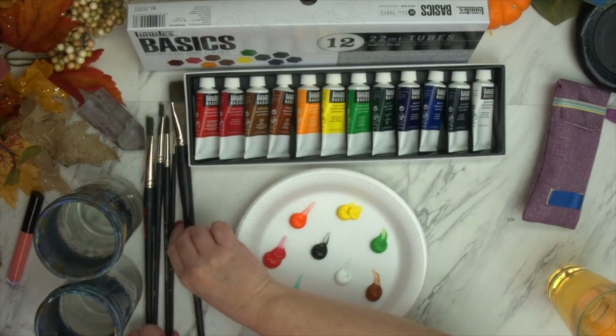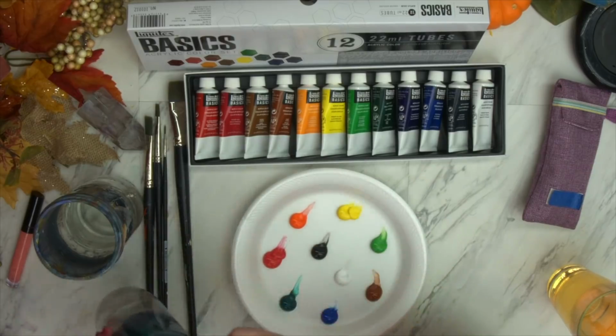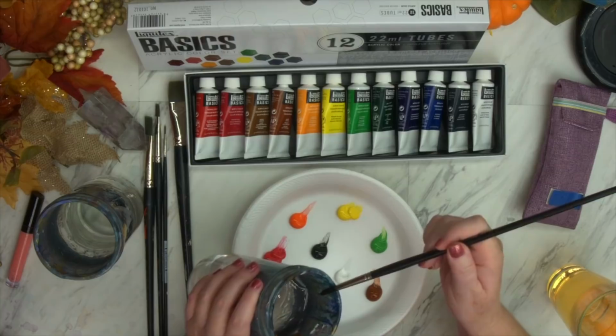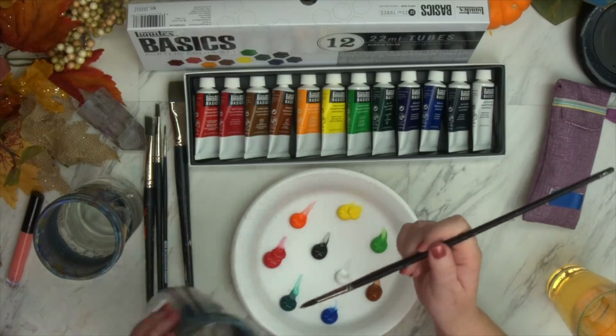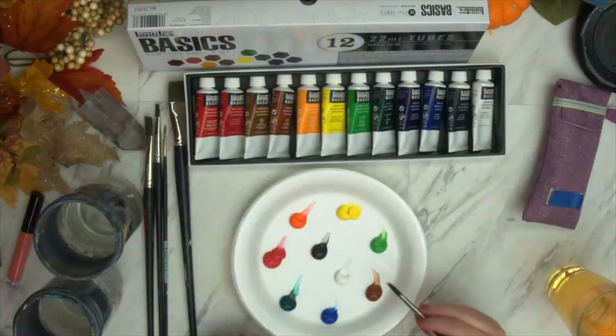And I'm going to start out with this round brush that I have here to sketch in. I'm going to get it wet, and I'm going to drag off all the extra water. And I'll tell you why I am. One of the first things that you're going to learn with your paint